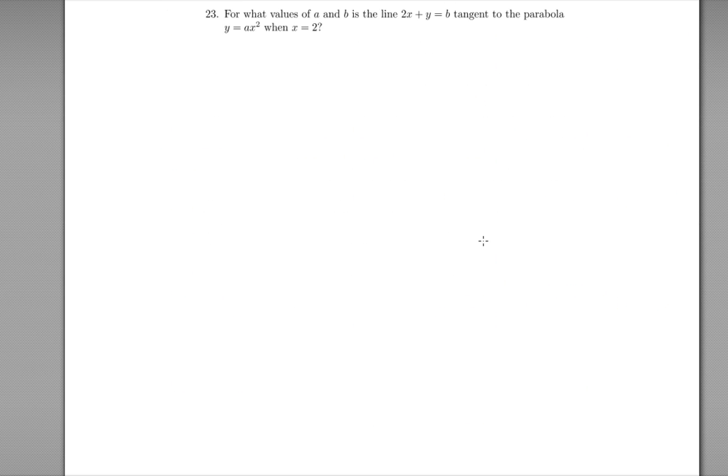All right, so now something maybe a little bit more tricky. For what values of a and b is the line 2x plus y equals b tangent to the parabola y equals ax squared when x equals 2? Okay, so the first thing is